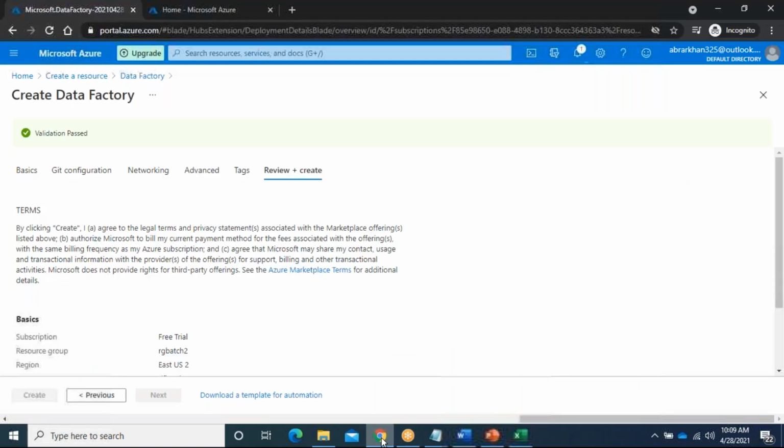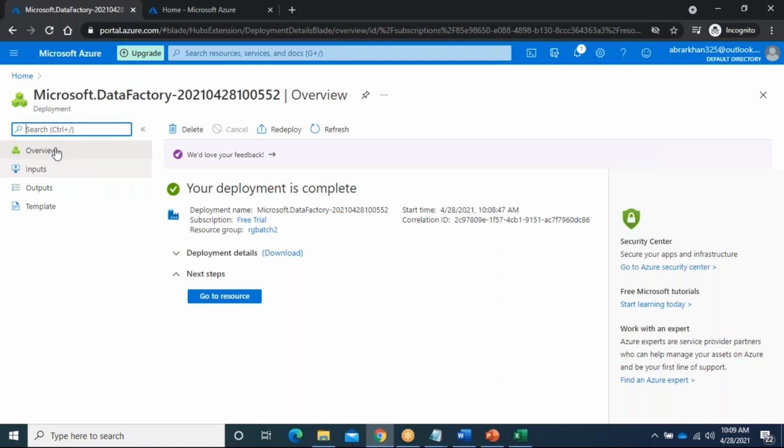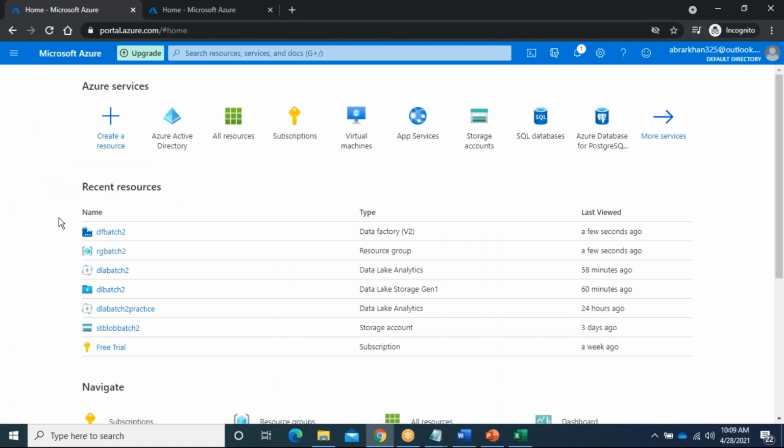Okay, I will explain here. Our deployment is completed. What I can do is either go to the resource or go to home, and here it will show the data factory. Here you can see the type is data factory. This is a resource group, data lake analytics. I think you guys know this, what the type is. Then if you click on this one,